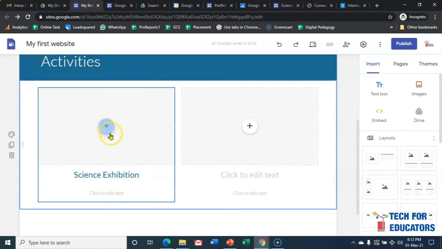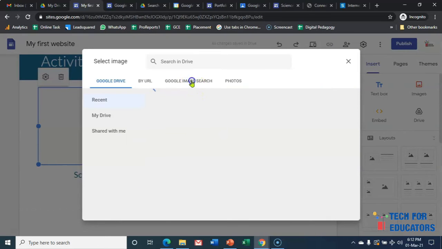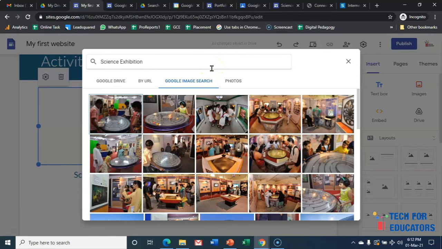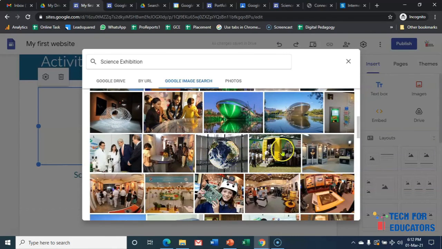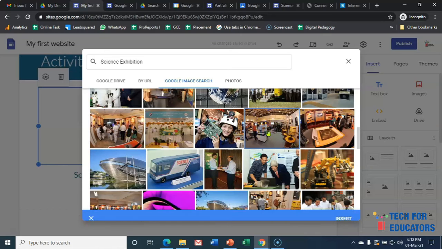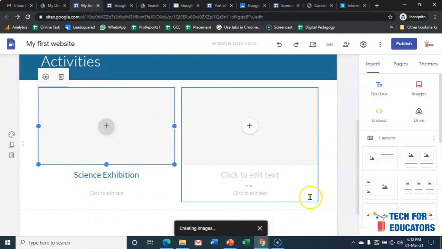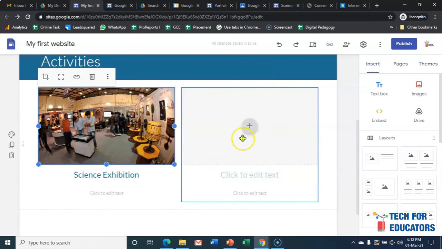To get an image, I will click on plus, select image, Google image search, and here I am selecting the relevant image. Let me select one of the images which is coming over there under science exhibition. So I'm selecting that image.